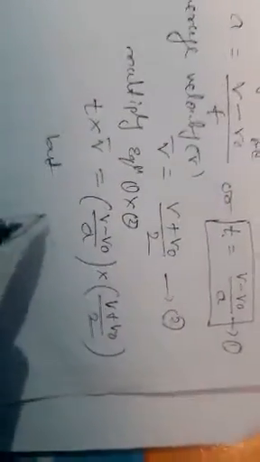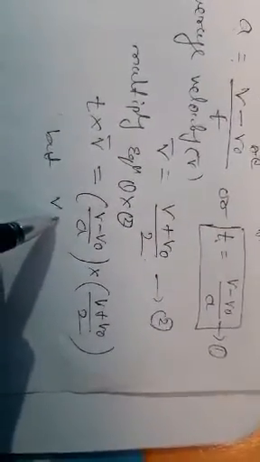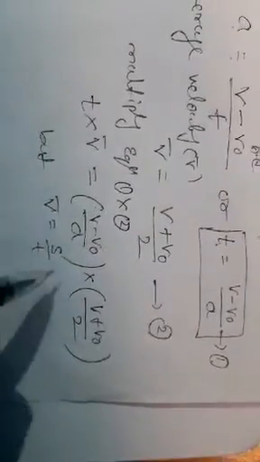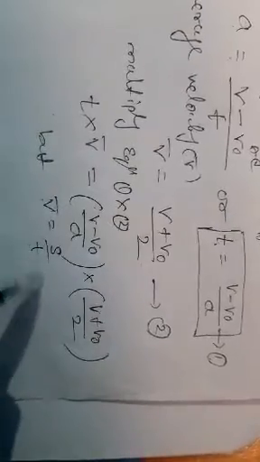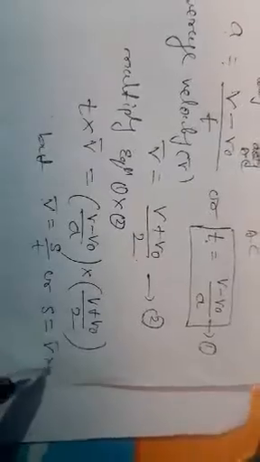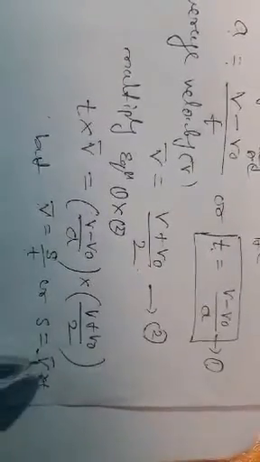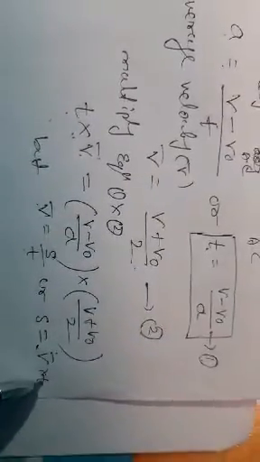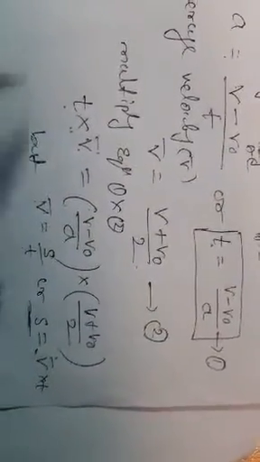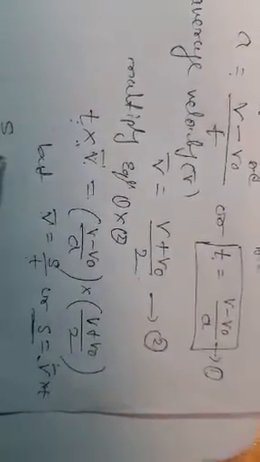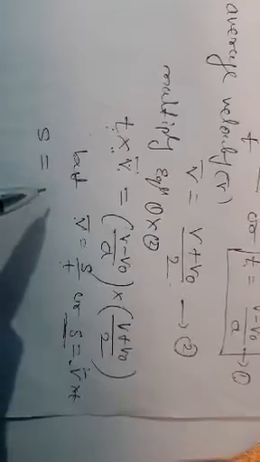But what is the definition of velocity? The velocity is equal to distance traveled divided by time, or the distance is equal to velocity times time. Comparing with this equation, the average velocity times time is called displacement, that is the distance. Therefore, t times v bar is the displacement.